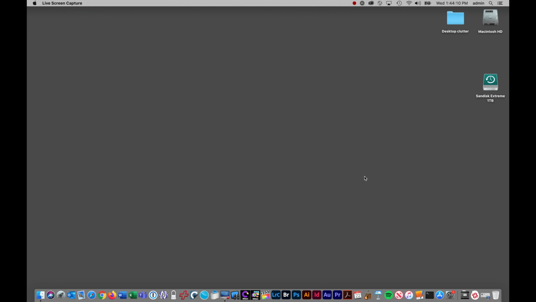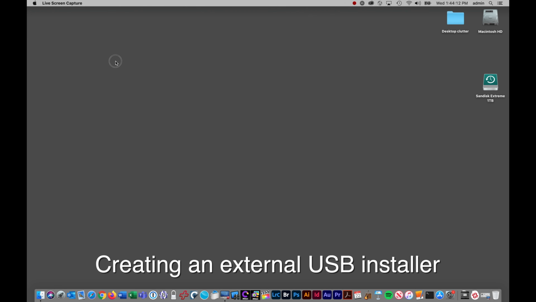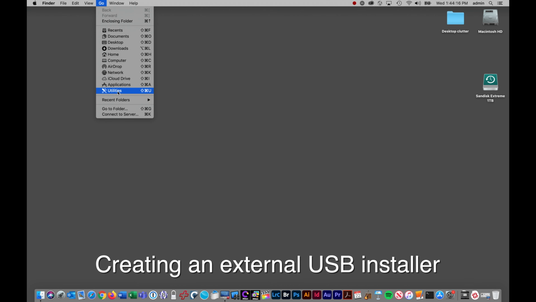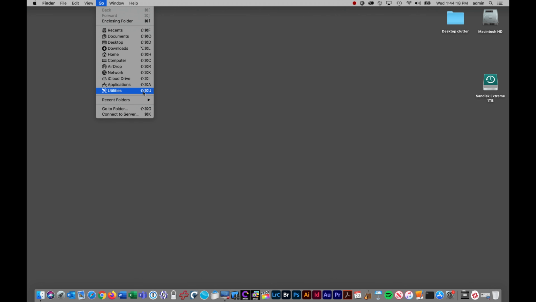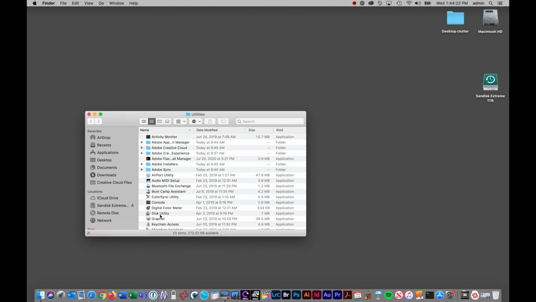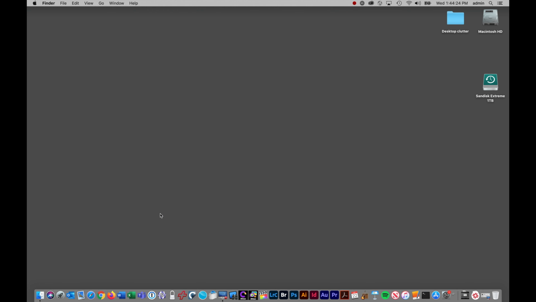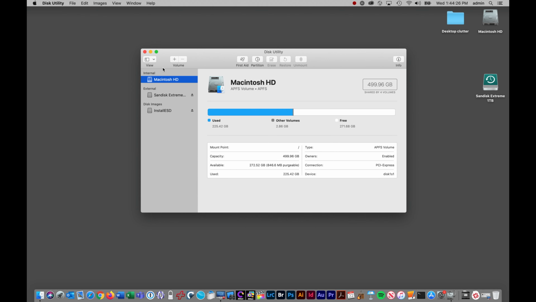So our backup is done. The next thing to do here is to go to the Finder's Go menu and go to Utilities, or do a Shift Command U. And then we want to run Disk Utility. And if you have the View menu here, click Show All Devices. So there's my